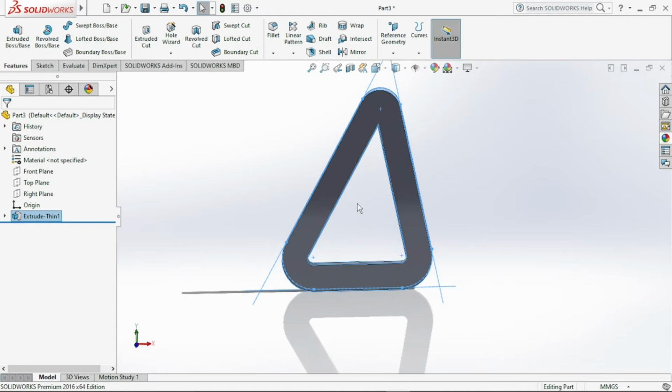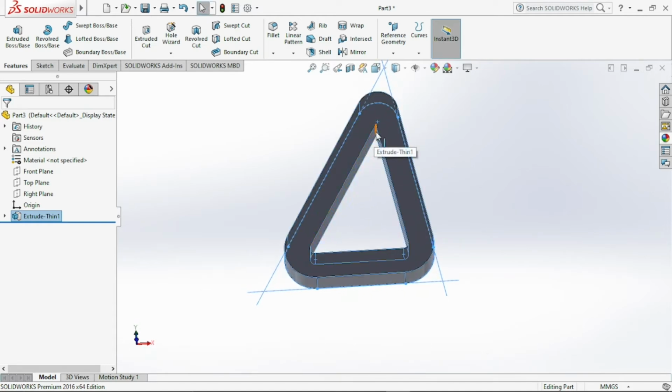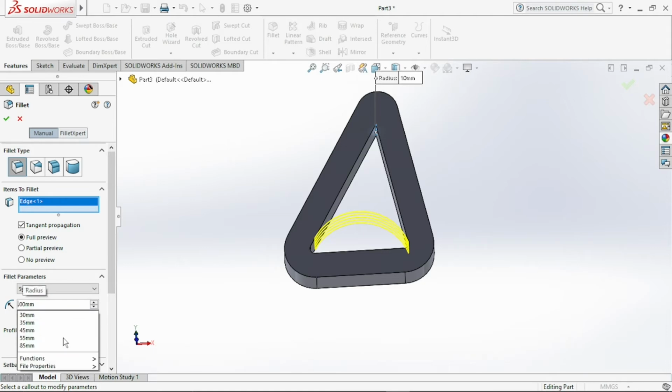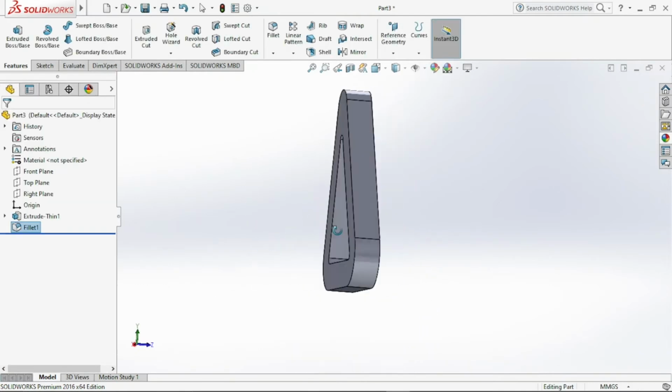Now we have to give a fillet over here because it's a very sharp edge. So we have to go to fillet over here in features, not in sketch. All right, and you have to click on this particular point, and over here in the parameter side it is given as 10 mm. We don't need 10 mm, and you can see the preview over here. Let's give it 2 mm. Okay, I think 2 mm is also a little bit big. Let's give it 1. Yeah, perfect. All right, and then click on OK. See how that is made.